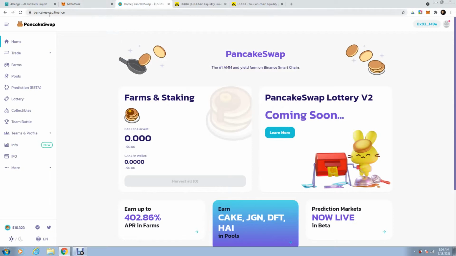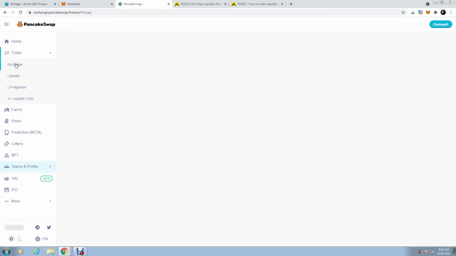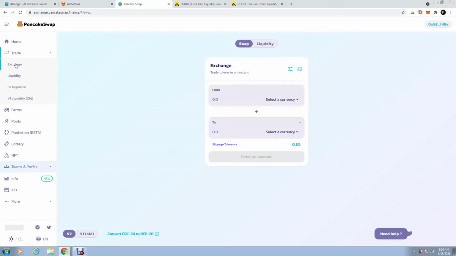So I'm going on Pancakeswap.finance, all right? Click trade, then click exchange. Follow the clicks. Take it easy. Stop the video whenever you have any questions and replay it, okay? So in here, remember, we need to go to this button. It's version 1. We have to go to the old version, not V2, okay? So we click V1 old,